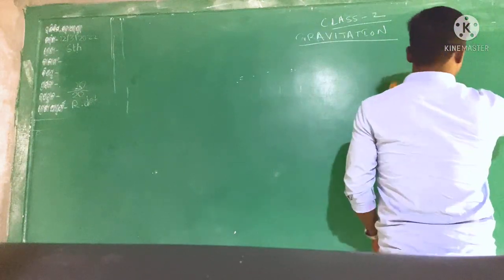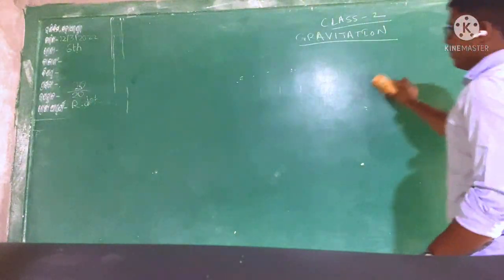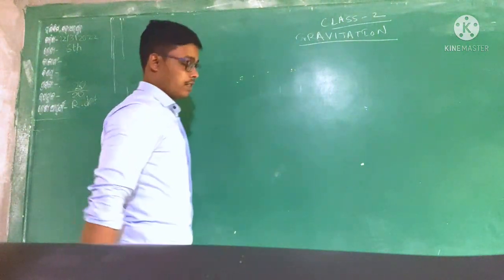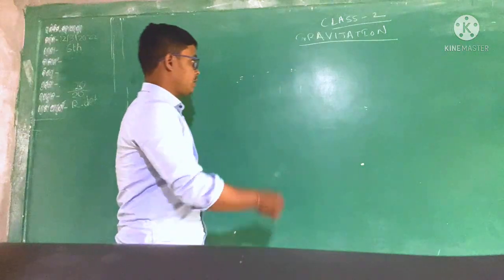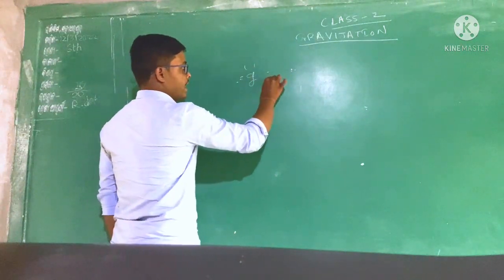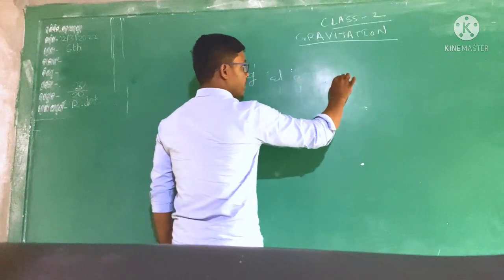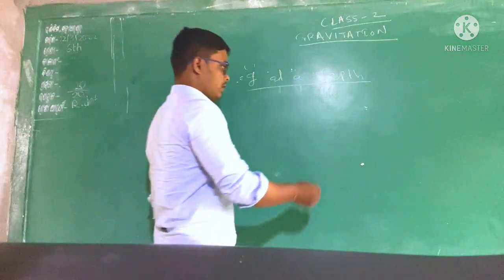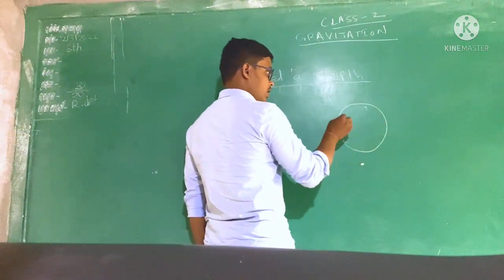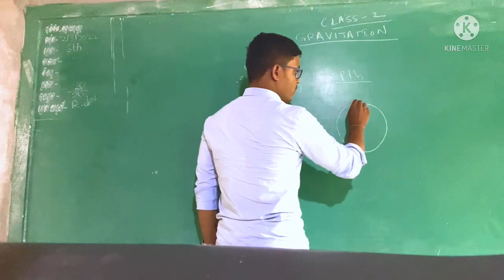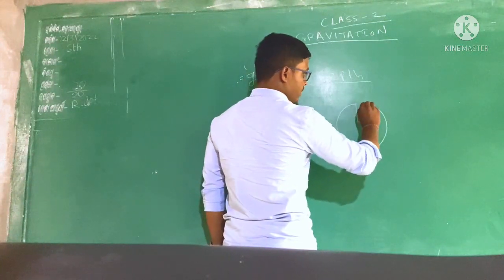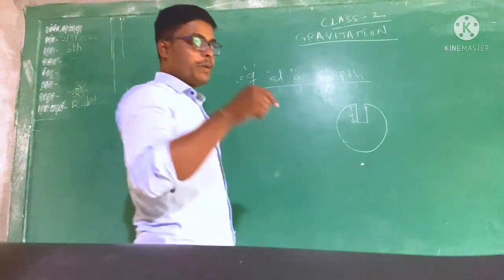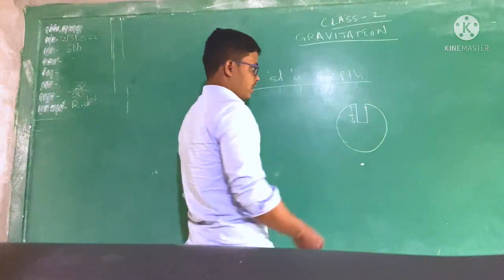For such a case, we will draw a diagram that will describe the value of acceleration due to gravity at a certain depth. So this is the calculation of g at a depth. What will we do? This is our surface. Now we dig and go some distance downward, and this distance is d. So we are moving downward. This is a well structure.